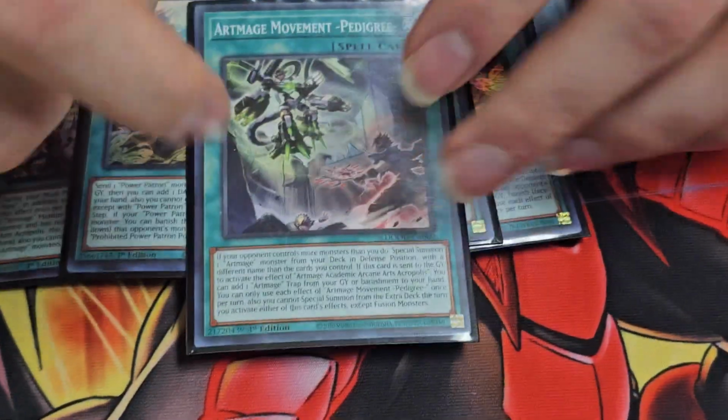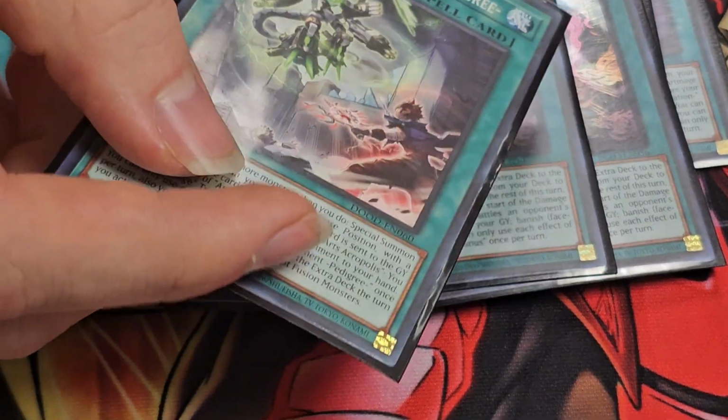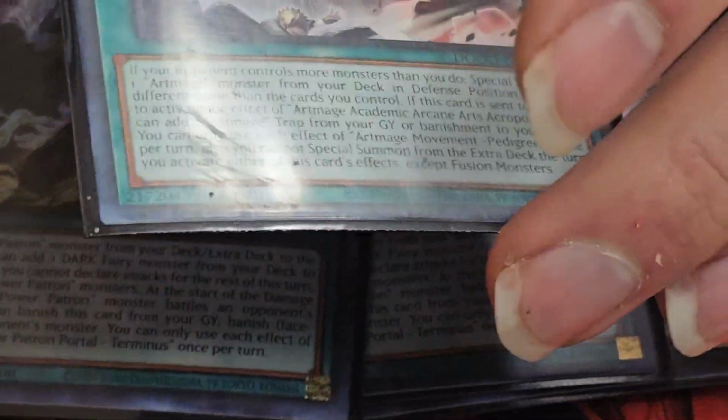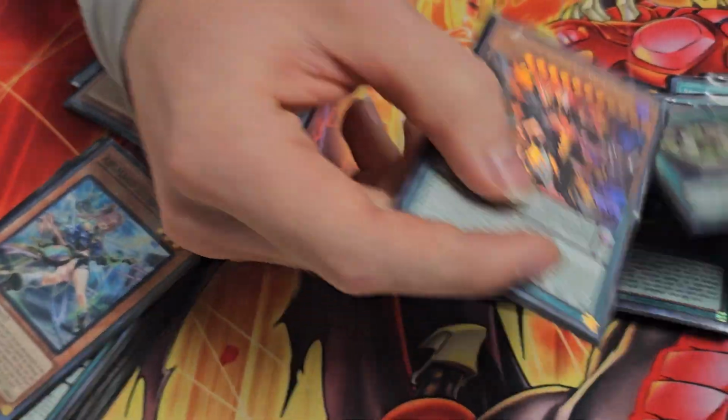One copy of Pedigree. It's one of, because it's only really good going second. If your opponent controls more monsters than you, you can special summon an Artmage from your deck on the field. It wasn't really good before the introduction of the Nervado Pendulum, but as I mentioned earlier,